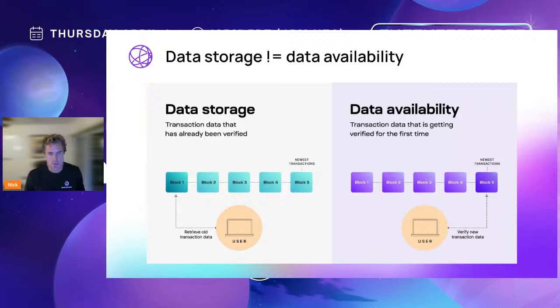But data availability is probably better thought of as data publishing. I also use the analogy of a newspaper. The newspaper is all about distributing information. It's all about distributing the most valuable, time-sensitive information for everyone to see and read about and understand and know, right? And data availability is very similar.